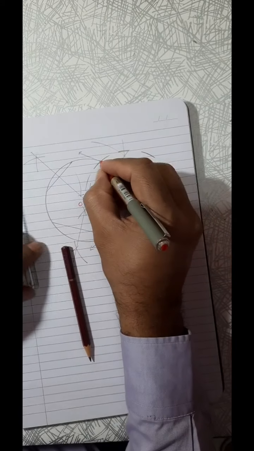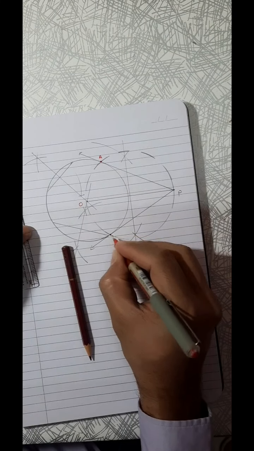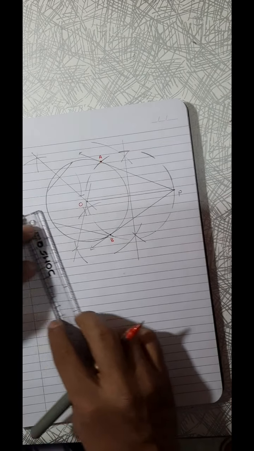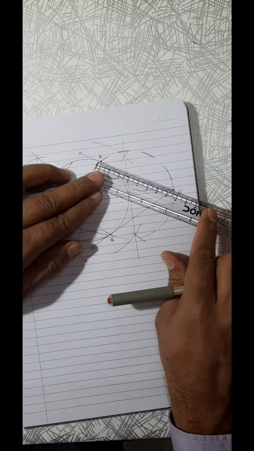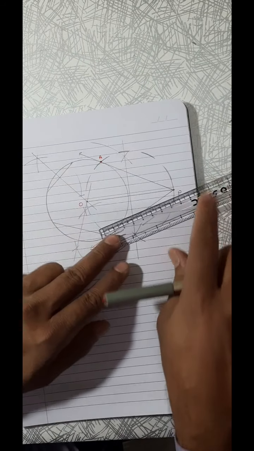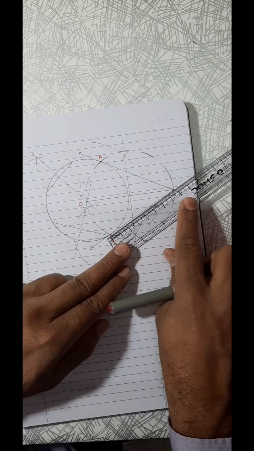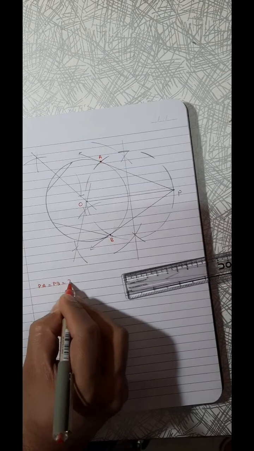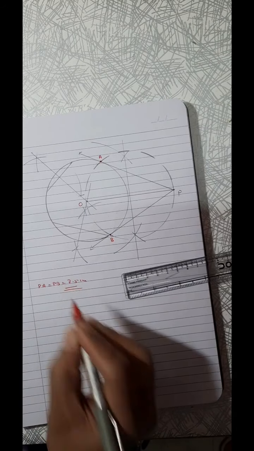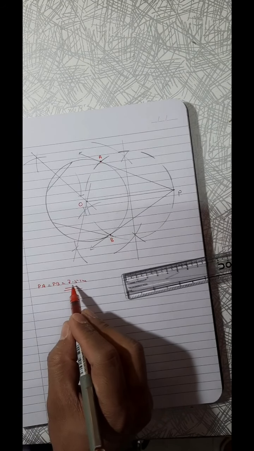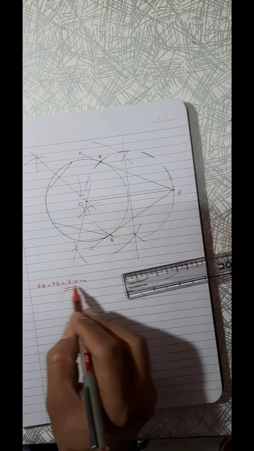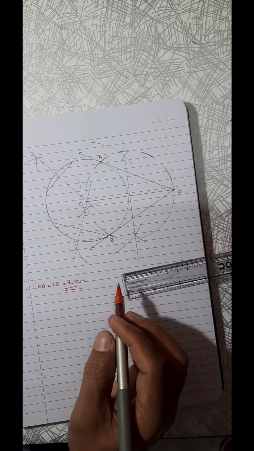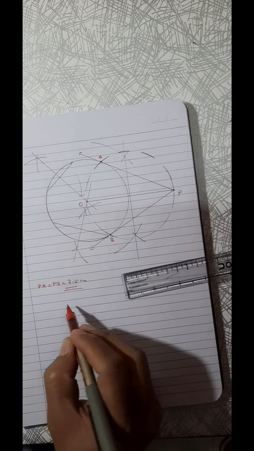This is PA, PB. PA and PB are the tangents. Usually it will be written, also measure and verify whether they are the same or not. This is PA, 7.5. This is also 7.5. PA, PB 7.5. PA equal to PB equal to 7.5 centimeter. Both are supposed to be the same; even if it is different, we have to check it again and make sure that they are the same. I cannot write one as 7.5 and PB as 7.7, because I know the rule, the lengths of the tangents are equal.